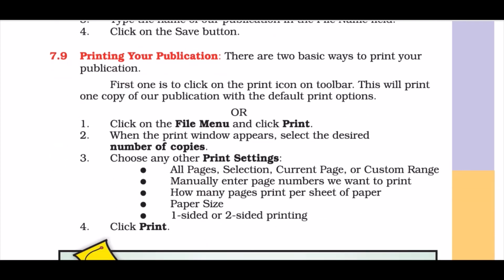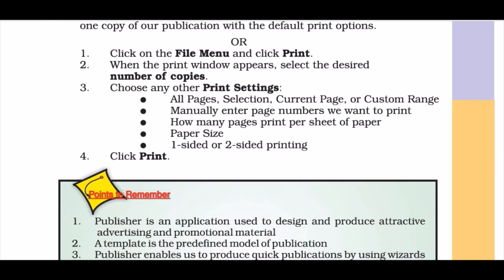Your publication design will start from editing objects, page layouts, your look, and then we can click on the file menu and then click on print. Print is the last option. From starting a page till printing the document, this is your publication's starting and end point. We can select the number of copies, page setting, and so on.